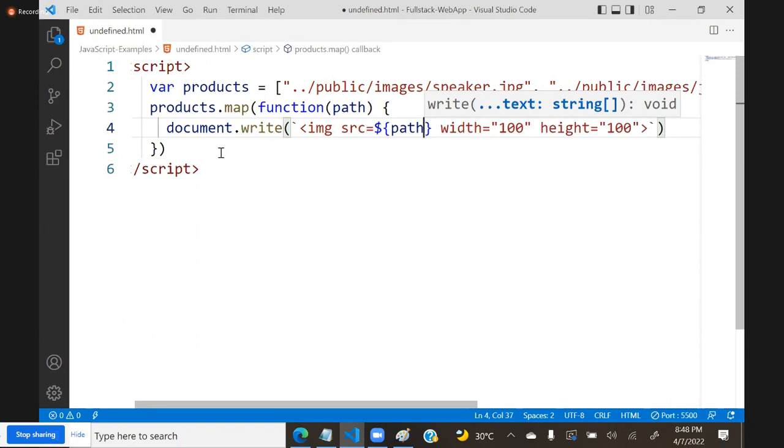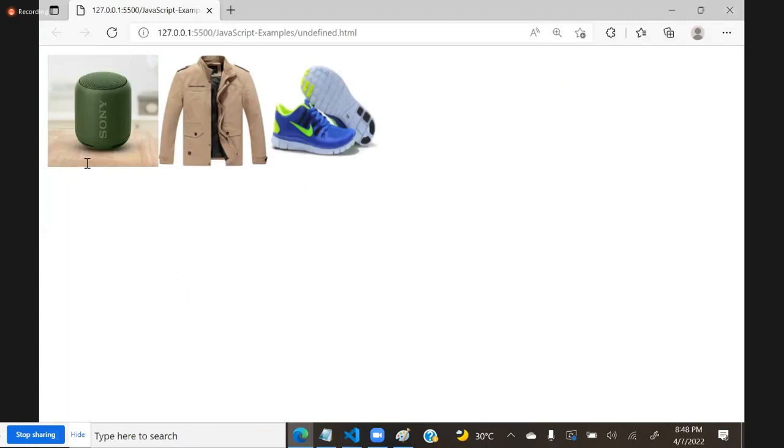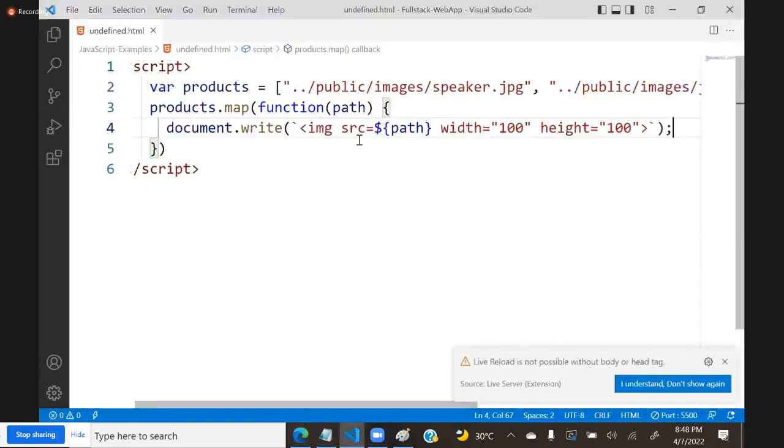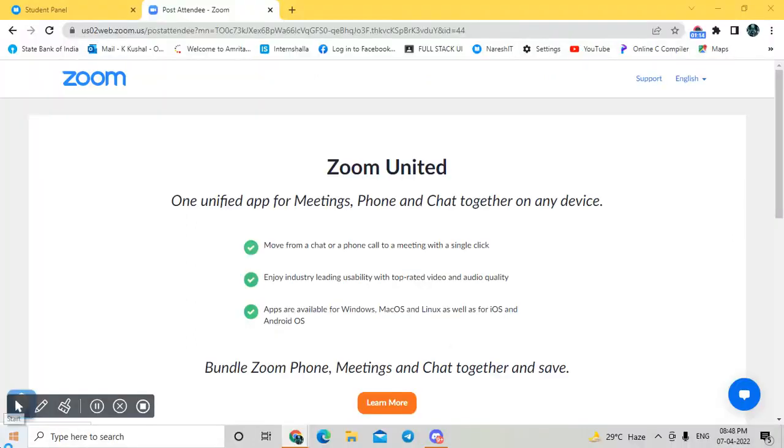That means we are reading and displaying. You can present in any way. So many complications will be there. But remember here,